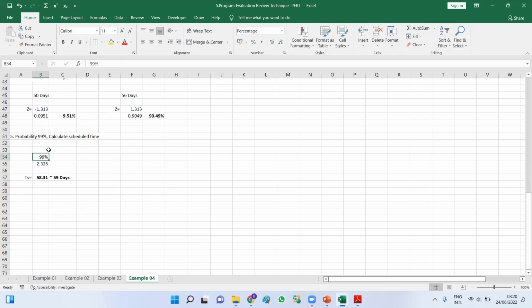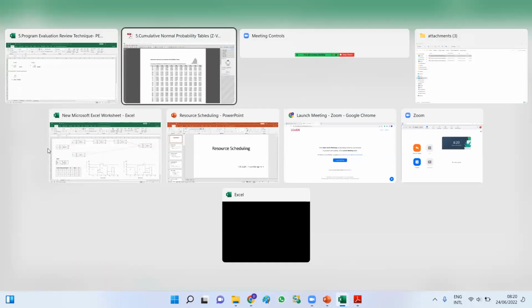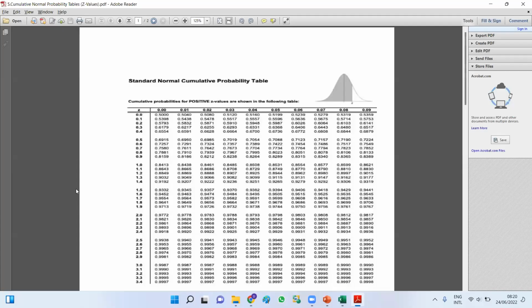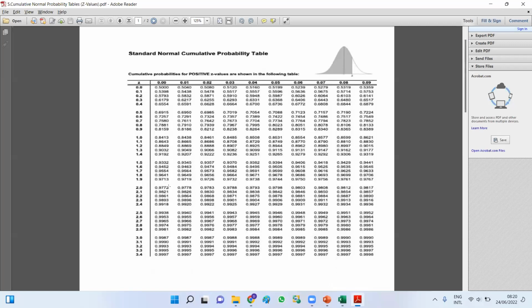In that case, you have to see where the 99% is in the z value table. That is the first step you have to take when you get the probability percentage. So 99% probability, where is the place? Can anyone tell me? You can see there is no exact place for the 99%. Therefore, you have to take 2 points and take the average, right? So you can see between 2.32 and 2.33,